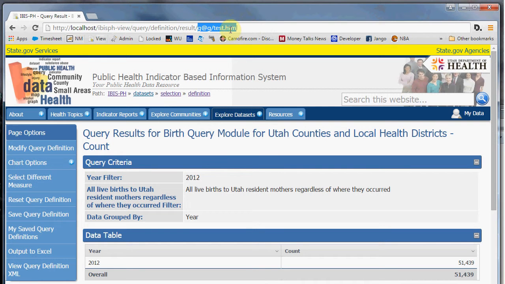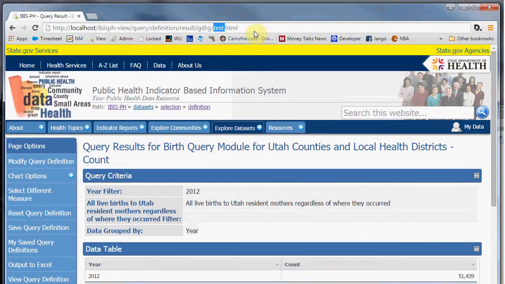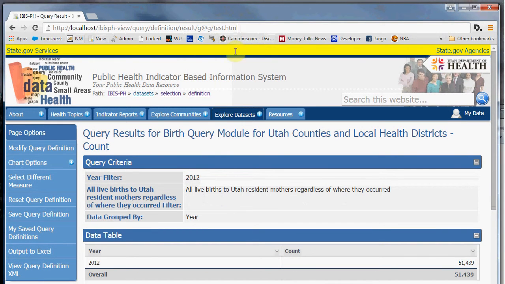The last two segments of the URL show exactly what is supposed to be pulled in by the Java controller. So this segment right here shows which query definition file to use. The last segment shows the name of the query definition to use. Okay, so if I go in my environment,